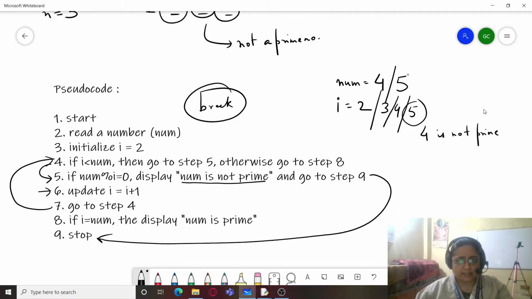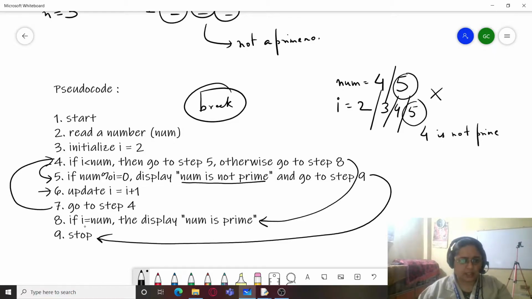Is I less than 5 now? Answer is no. It is not less than 5, it is equal to 5. So this condition becomes false now. So here with this we will be going to step 8 now, that is this step.